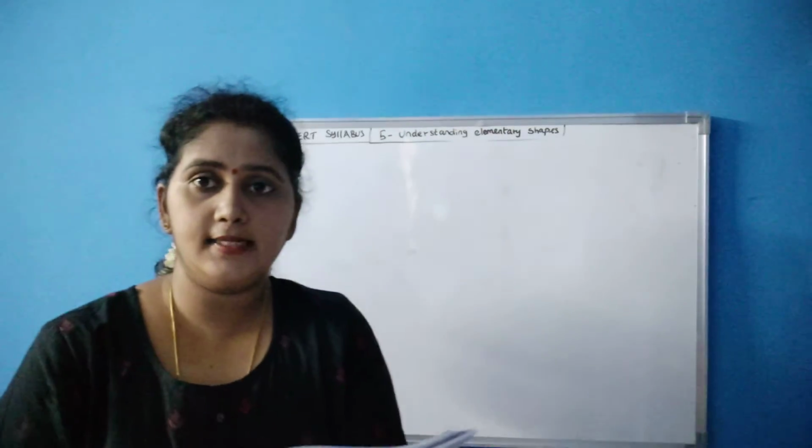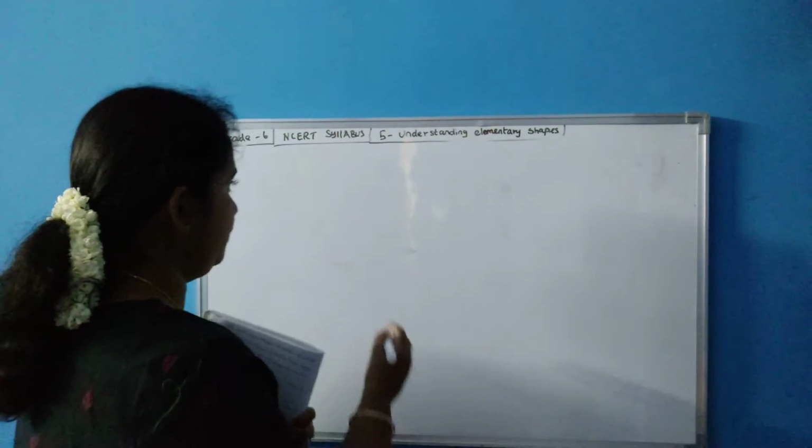I am reading out the last sum for you. Draw 5 triangles and measure their sides. They are asking you to draw 5 triangles and measure their sides. Check in each case if the sum of the lengths of any two sides is always greater than the third side. They are asking you to check whether the sum of the lengths of any two sides is greater than the third side. Okay. So that's the property actually.